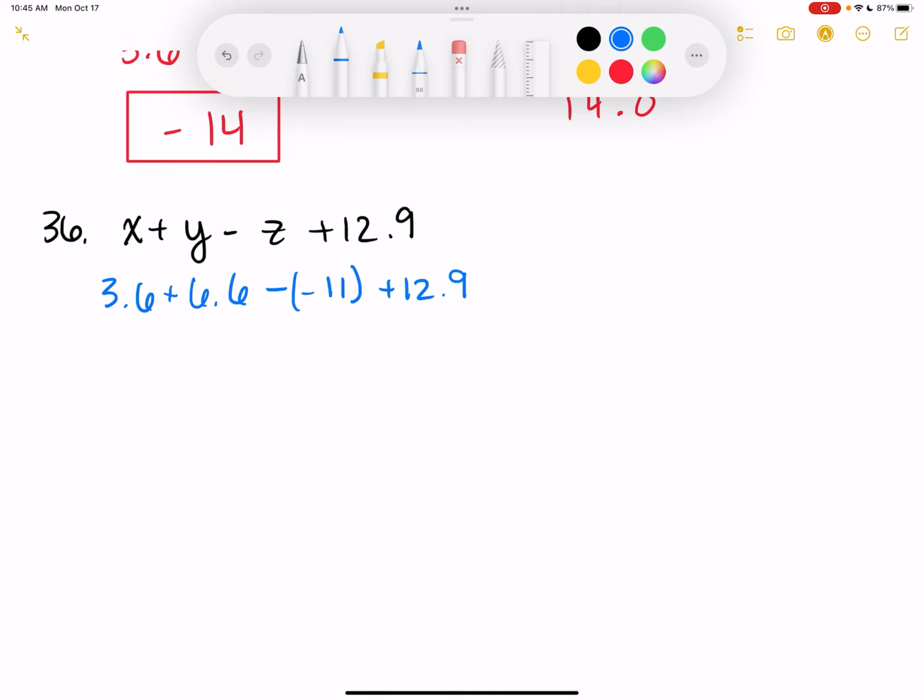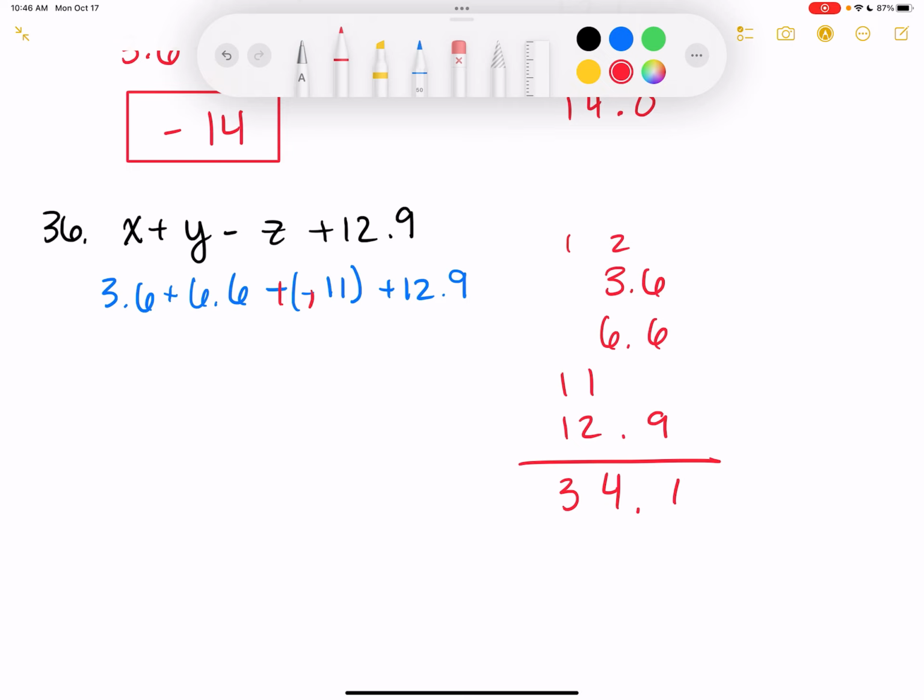All right, did we get an answer? What did we get? I got 34.9. Nice. It's right, when we did it. It is right. So we changed that to plus, so then we just had to add all the way across. So 3.6, 6.6, 11, and 12.9. Is that 12, 21, 9, 10, 12, 14,